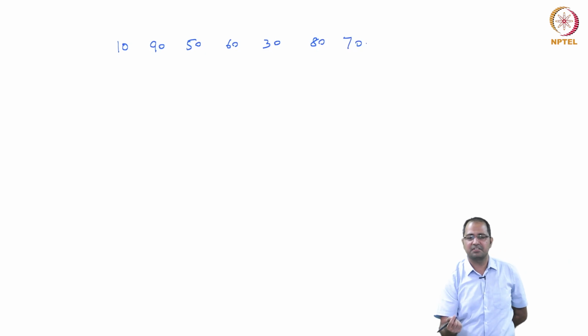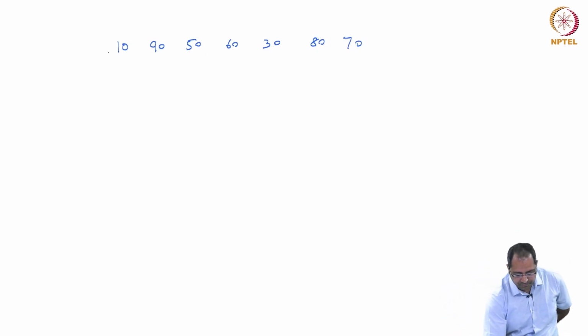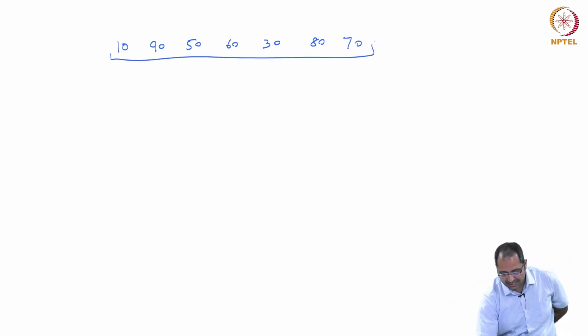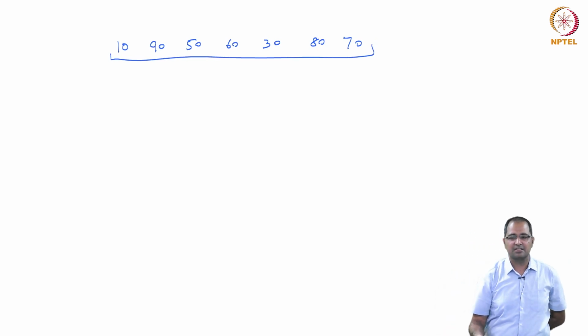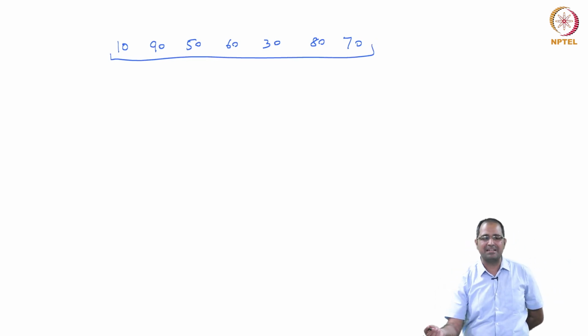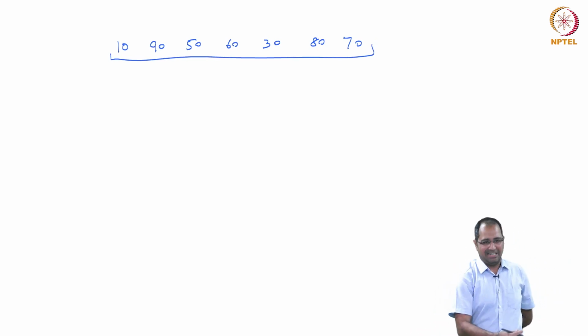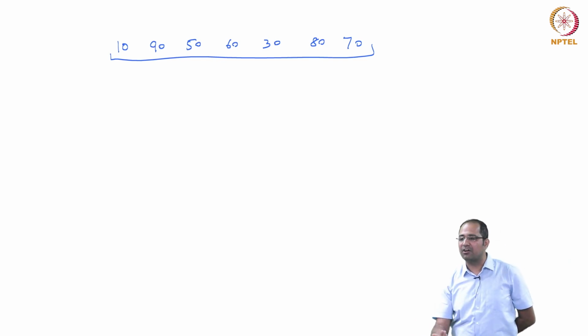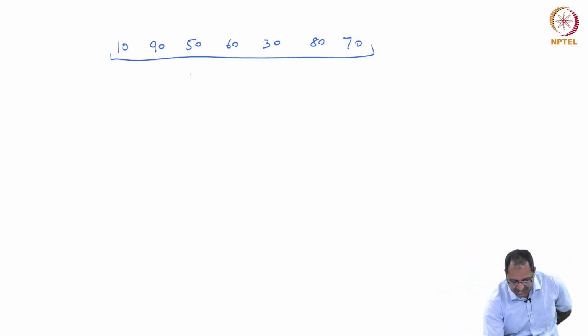Let's say 7 students, right? So the first, I want to identify whether there is an outlier. Now the first thing is I would arrange them in either ascending or descending order. So starting from the least one, 10,